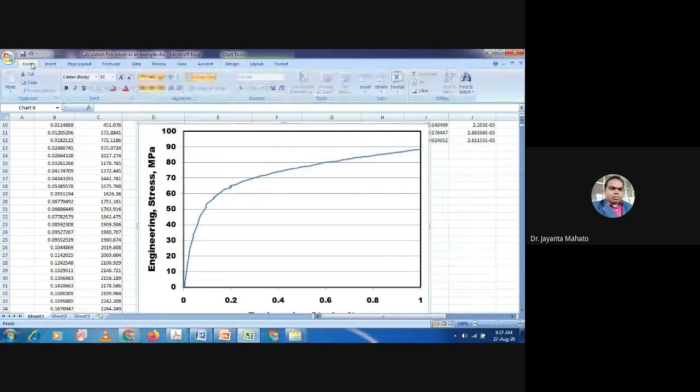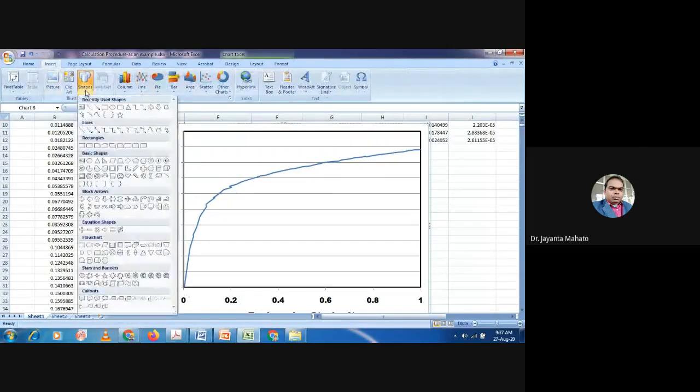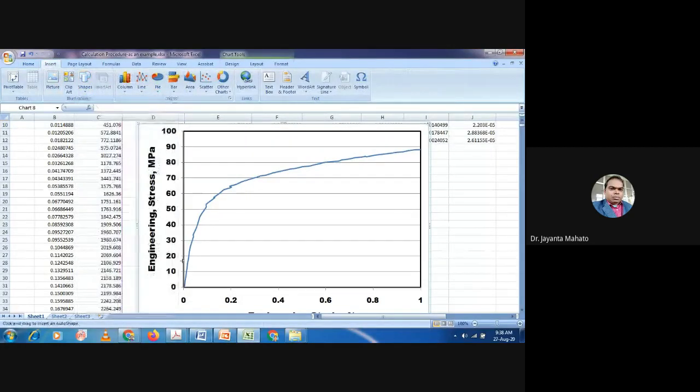Now 0.2% offset means you have to offset this proportional limit. Proportional means this linear line. So first you have to draw a linear line.